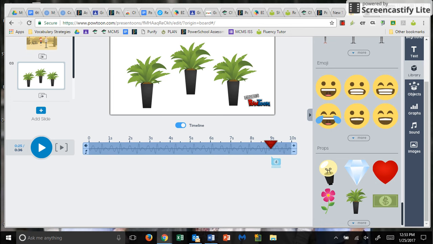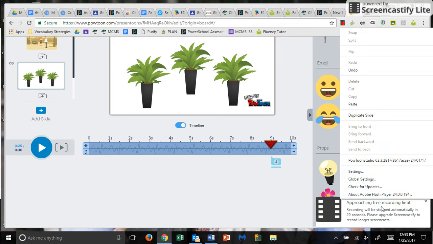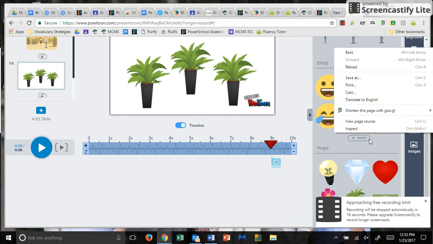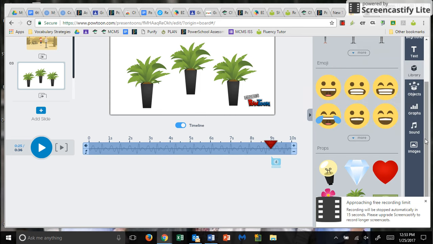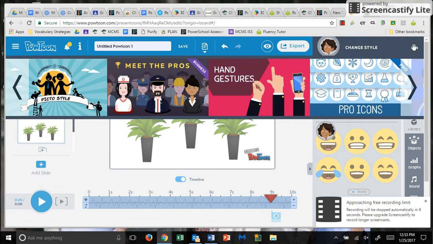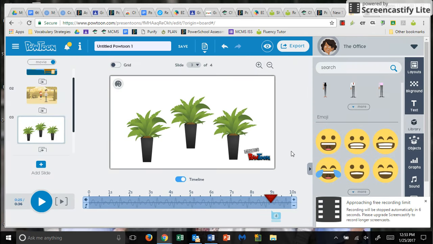Close my props. Move back up to my people if I can get it to move. I'm going to move back up to my characters. And I'm going to continue that way. So let's say this is the end. And nothing wants to move, nothing wants to work. Let's say this is the end. Well, I need to do my next part. And that's not what I wanted. And this is going to stop recording. So this will be like part A, and then I will add a part